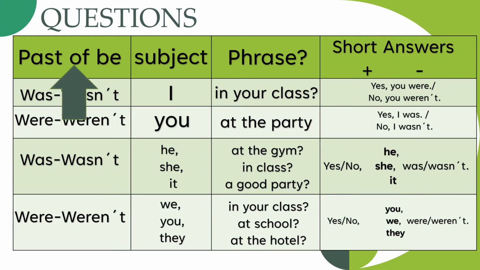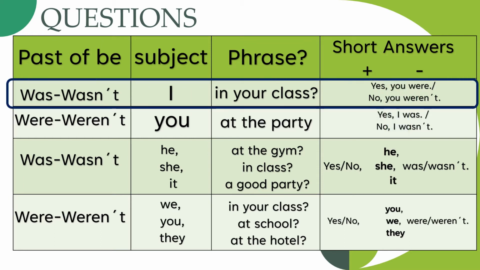The first thing you need is the past of the verb be. Of course, you know it could be was or were, and negative form wasn't or weren't, right? And after that, in every question, we need a subject. The subject could be a pronoun, a noun, a person, an animal, a thing, right? And finally, you can use a phrase, a complement, right? And don't worry to practice the short answer, affirmative or negative one. So come on, let's see some examples here, and then you could make your own.